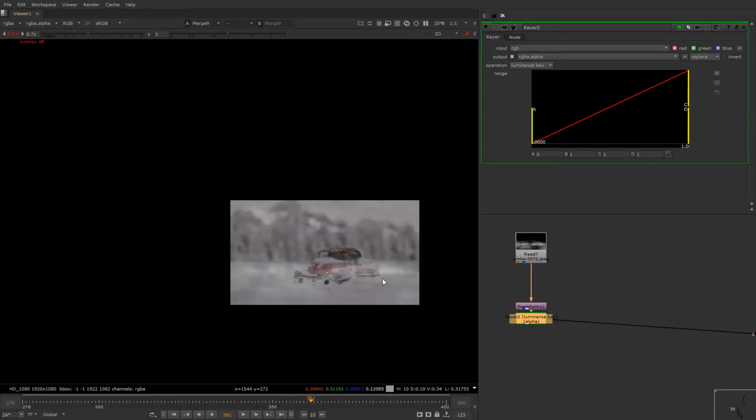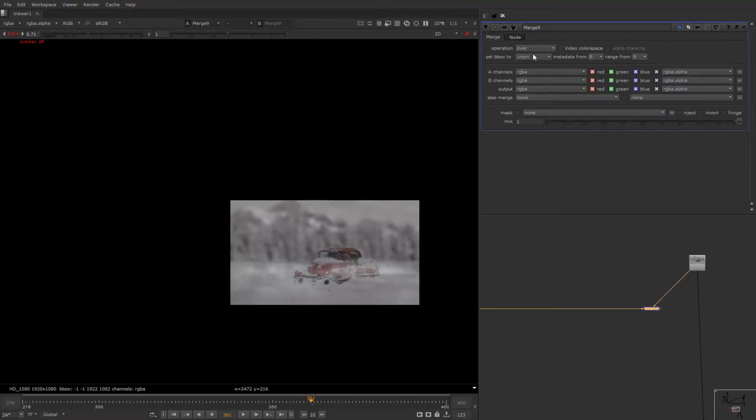So once we have transform, the alpha gets disturbed. So we can just add a keyer, another keyer, and we can change this to plus for now. There is nothing to worry. It definitely depends. Once if you are adding fire, you just keep it over. If you are adding smoke or any kind of particles like rain particles, you can go for plus and all. So I just prefer to go for this,